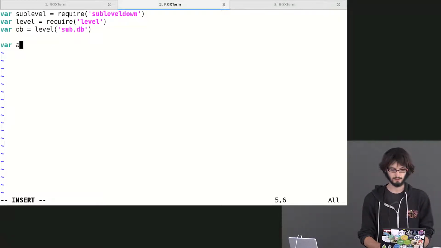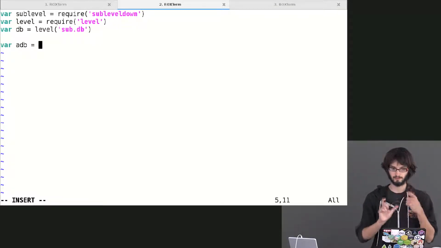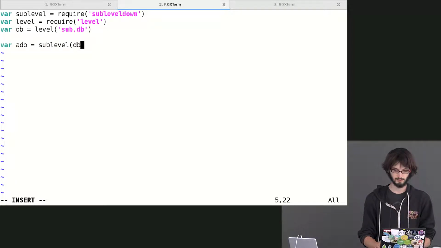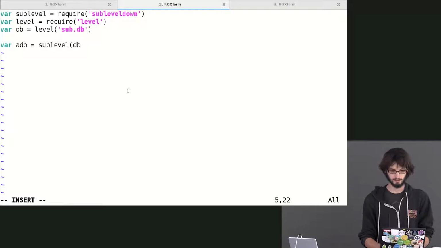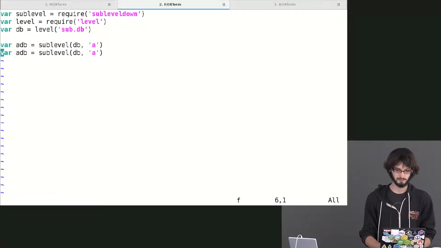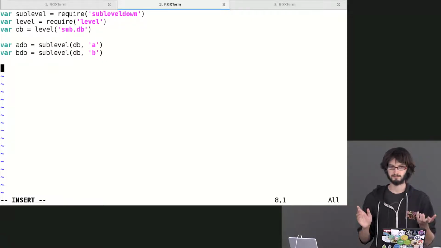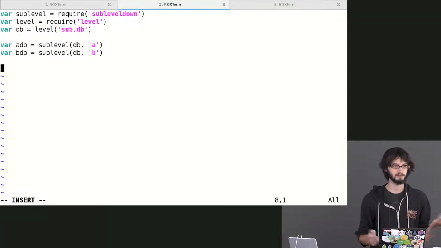Then you can create separate databases that have a prefix. How that works is you call sublevel, give the db as the first argument, and then give the prefix name as the second argument. We'll be pretty unoriginal and call them A and B. Now, just to show you that these are in fact separate namespaces, we'll try to write to the same key, so adb.put